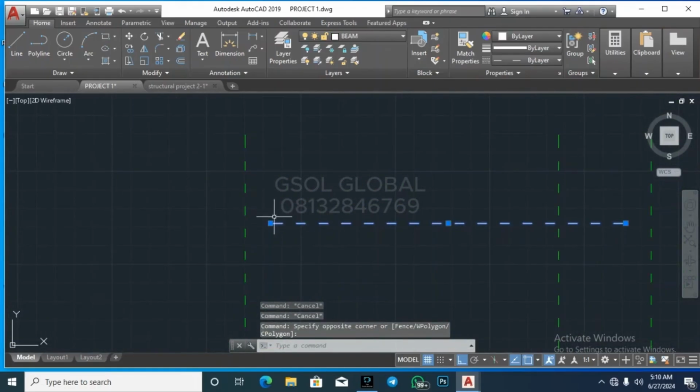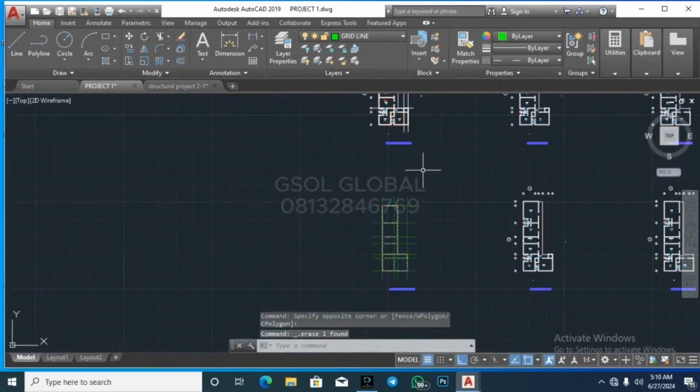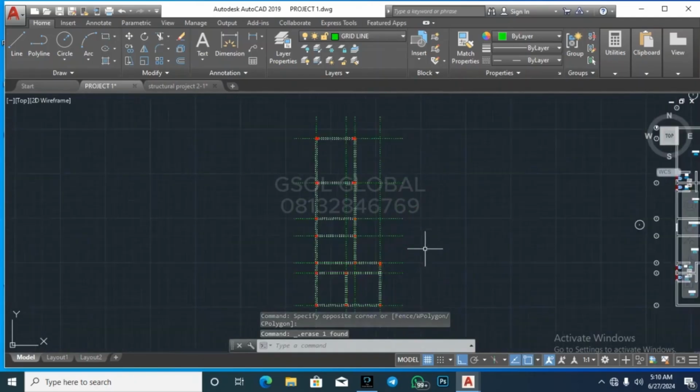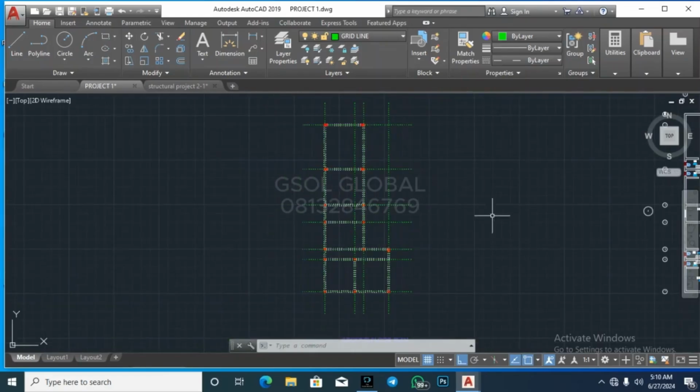We just do the same for the last one, this, and also this. So we're going to just trim it up and then delete all of this. You understand? So now we are having our column intact and our grid intact, and also our beams and also our paneling. All right, so now it's time to head on, and before we actually head on to ProtaStructure, you will actually have to